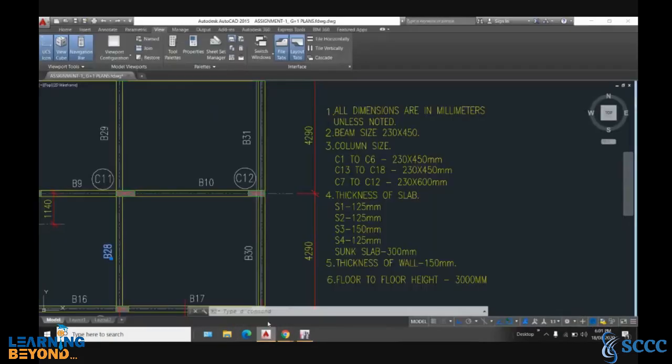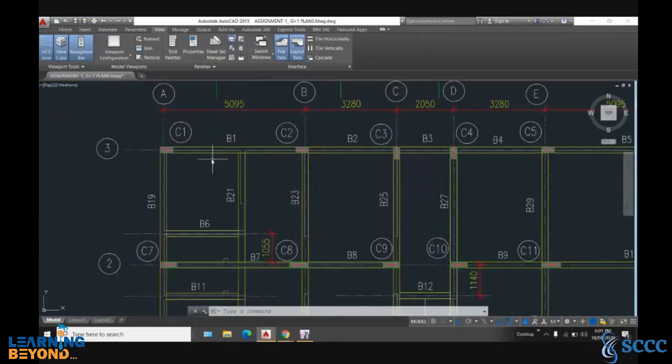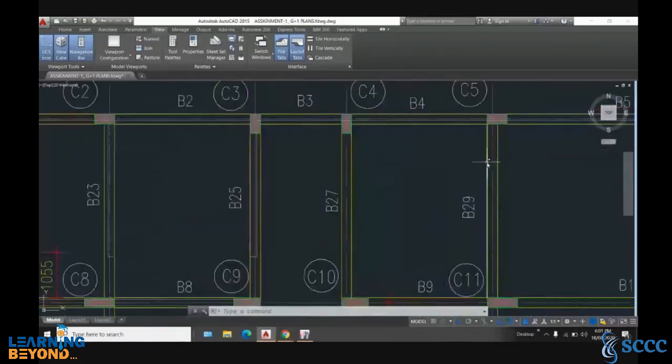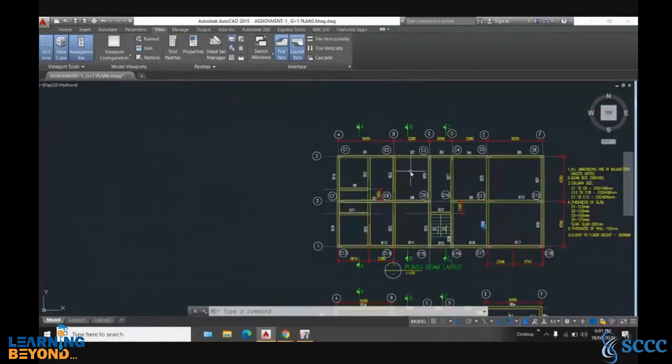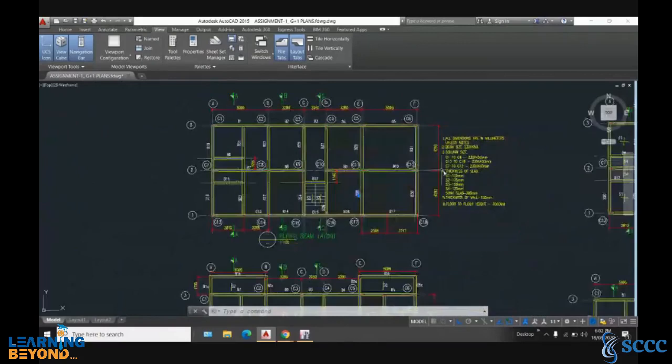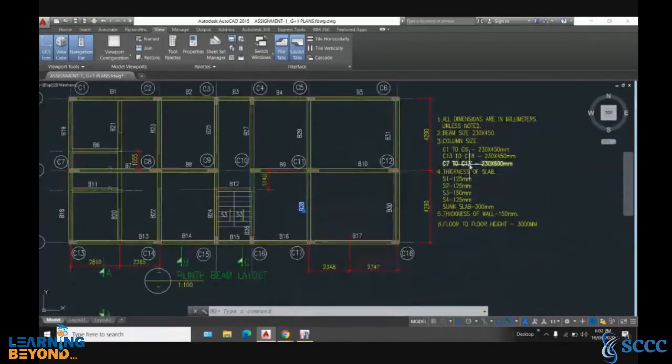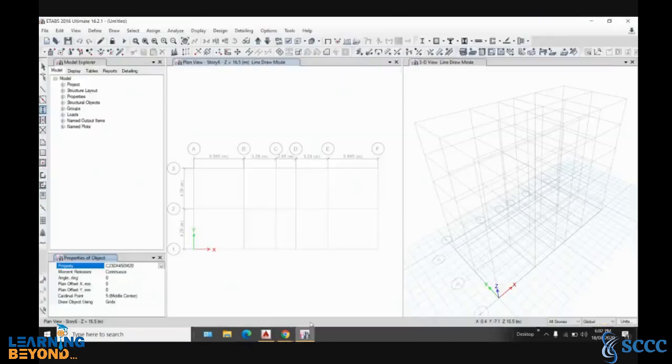So go to our model. Here C1 to C6 is 230 by 450. So it will be 1, 2, 3, 4, 5, and 6. So 6 columns, and again 7 to 12, 13 to 18. So 13, 14, 15, 16, 17, 18. So edge columns will be having a size of 230 by 450. So go to this, and